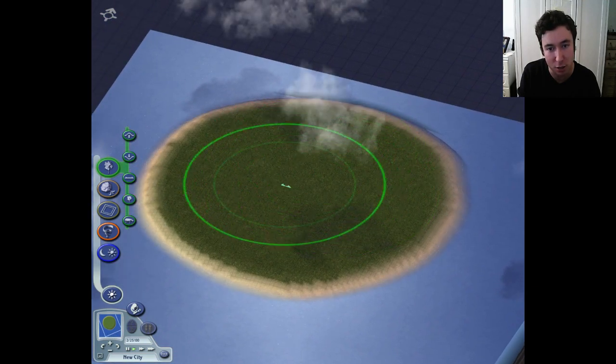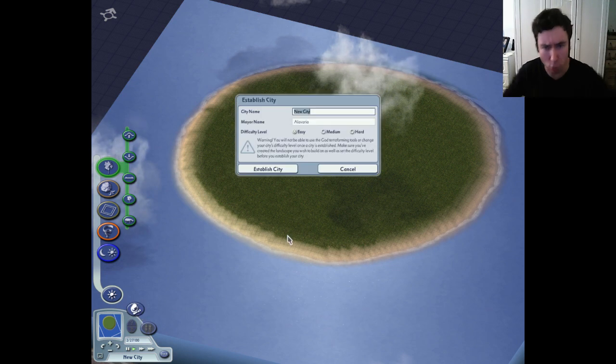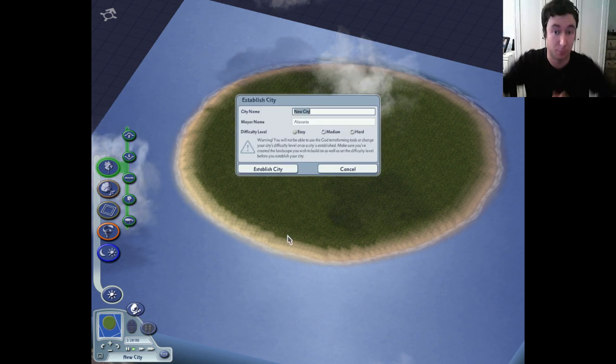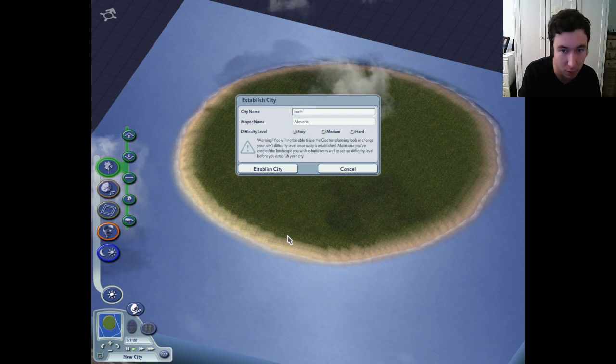Looks a bit, yeah, it's just flat. So what are we going to call this thing? Because we've got Alabama, it's round. Let's call it the Earth. No, because Earth is technically a spheroid, so...